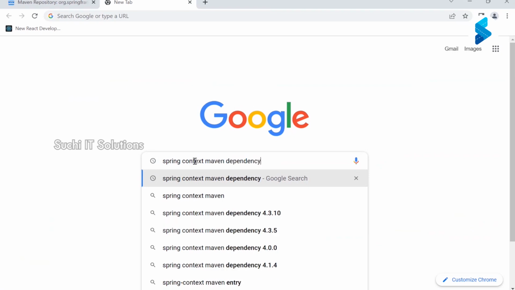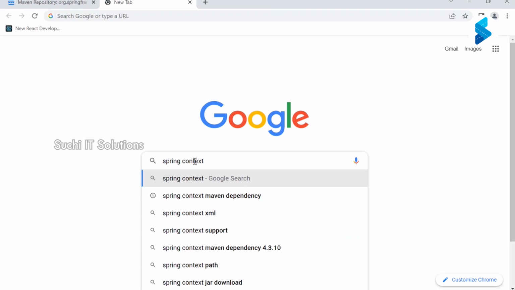Context Maven dependency. Sorry, context